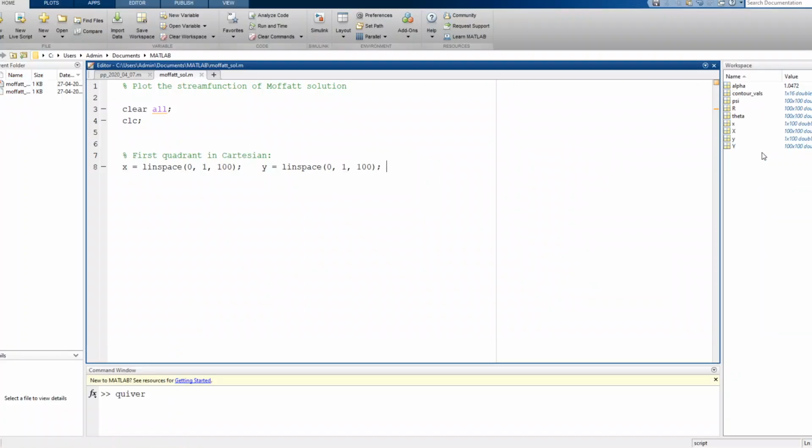And the function in MATLAB that helps me do that is ndgrid. So I assign the pairs of values capital X and capital Y, and it is defined as ndgrid x comma y. So if I run the program, I can see that capital X is 100 cross 100 and capital Y is 100 cross 100. Now, because the solution that we had obtained was in the